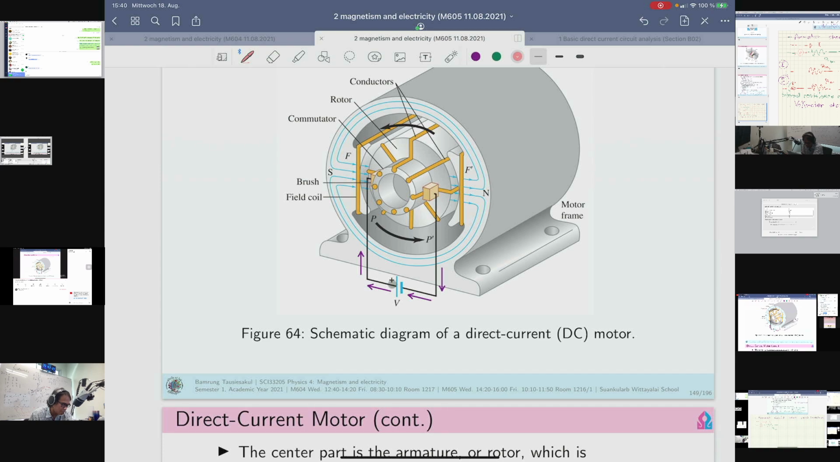On the positive polarity, we're going to have current flowing through the brush, and the brush touches the conductor. The current will go to the conductor, flow along the conductor, and return to the commutator on another side, and get back to the negative side of the battery. All right, and according to the right hand rule,